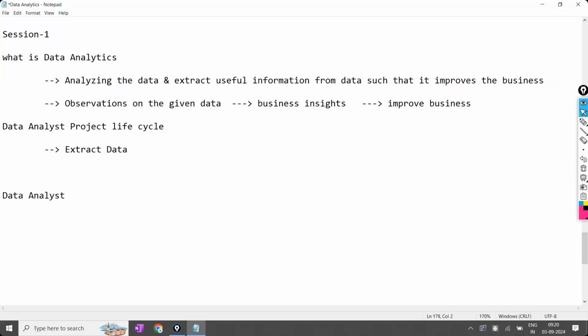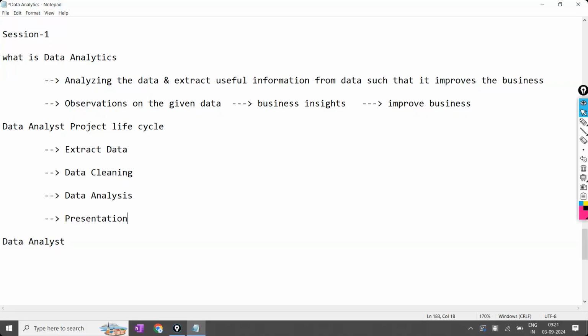And after extracting the data, we are doing the analysis. Of course, first we have to do the data cleaning. After doing the data cleaning, then we can do the data analysis. And after doing the analysis, based on what I have observed, I'm going to do the presentation. These are the things which we have covered in the previous class. Just as a small recap, I'm revising once again. So first we are going to extract the data, we'll clean the data, we'll analyze the data, and finally